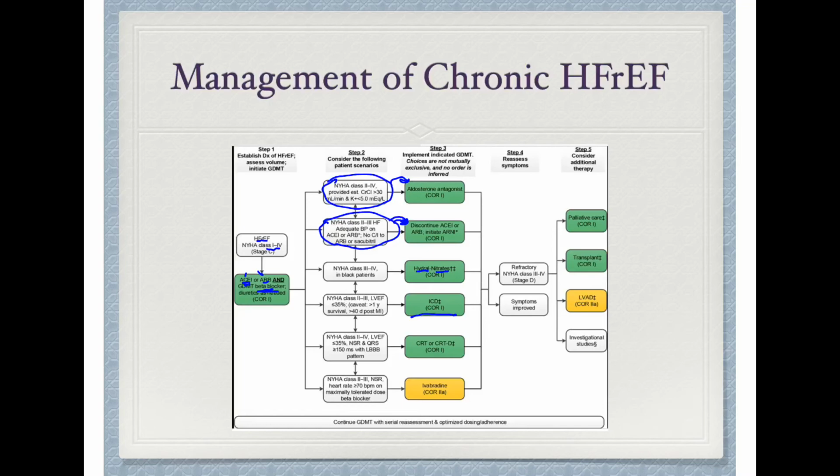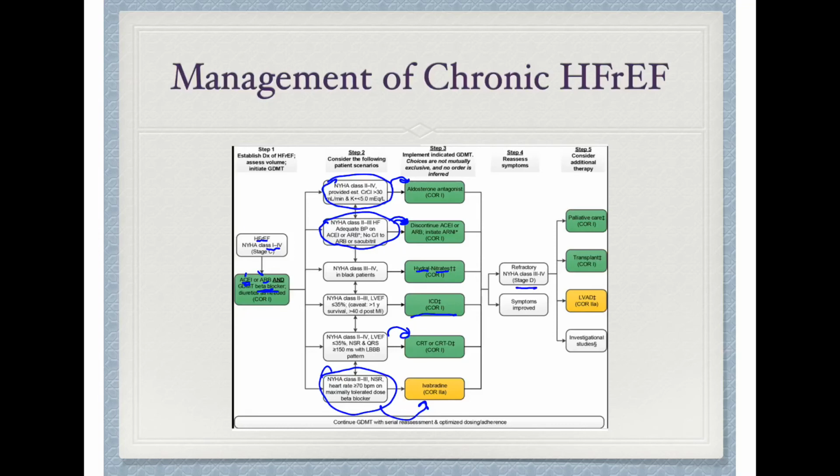Patients who meet the indications for biventricular pacing should have that placed. And patients who meet the criteria for the funny channel blocker ivabradine should be started on that. When medical therapy has failed to control the patient's symptoms, we say that the patient is in ACC stage D